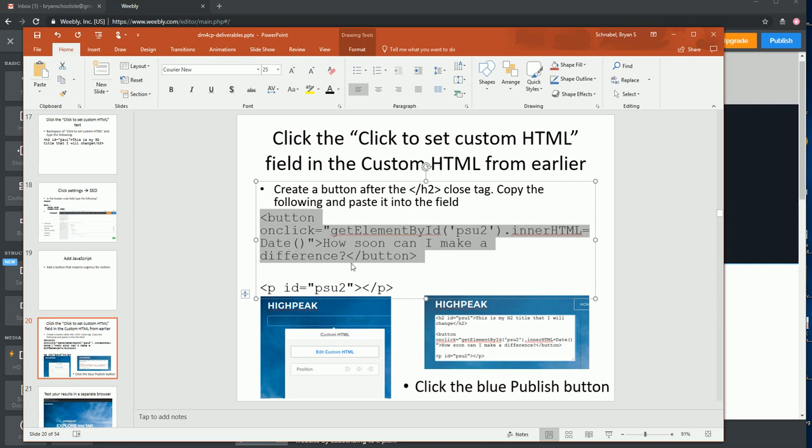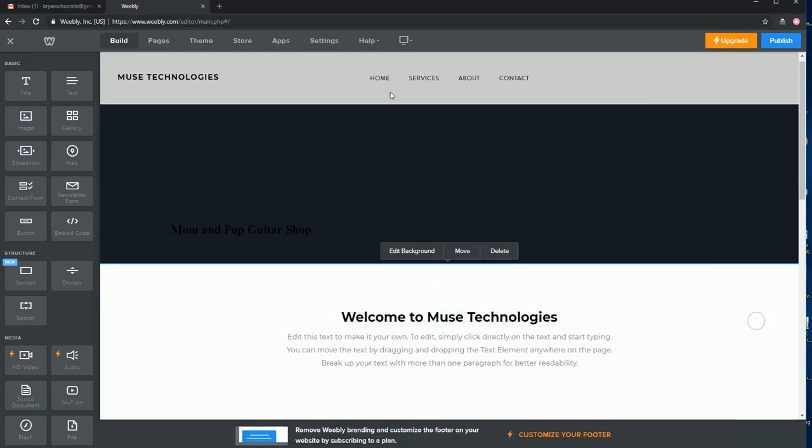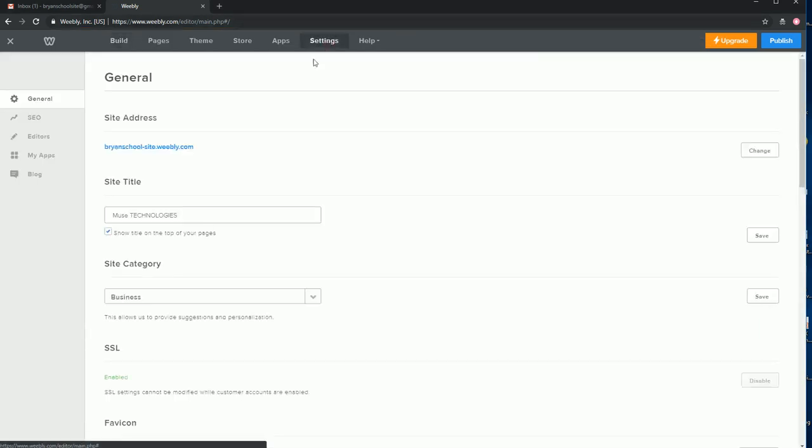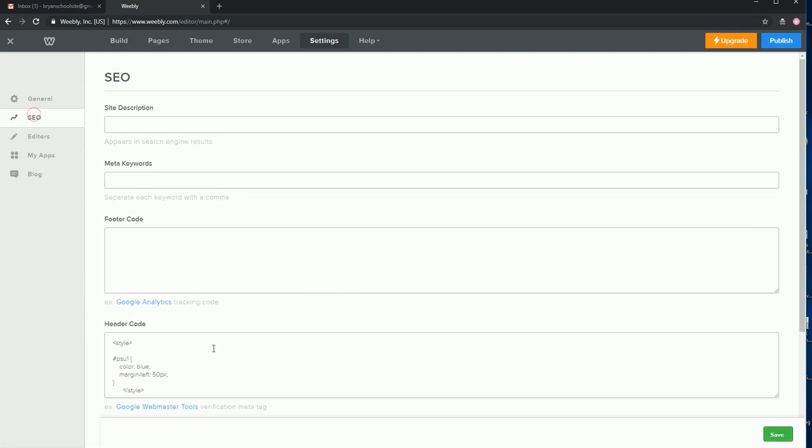So this is JavaScript, and by the way, I want this paragraph too. Good thing I remembered. The reason that this is important is because I can add a paragraph, and I can add this ID. So this JavaScript is going to act on the element that has the ID of PSU2, and this is PSU2. We're going to just put a blank paragraph in there for now. So I'm going to go back into settings and SEO, and I'm going to make sure that I go after the close tag of my,